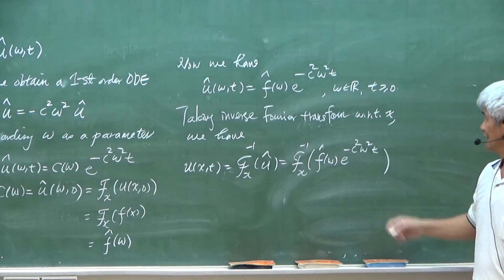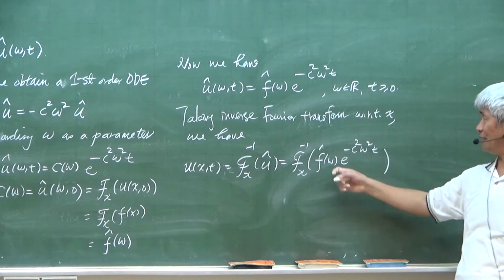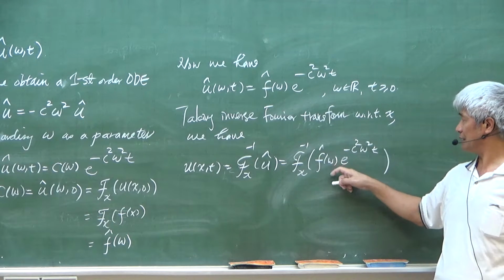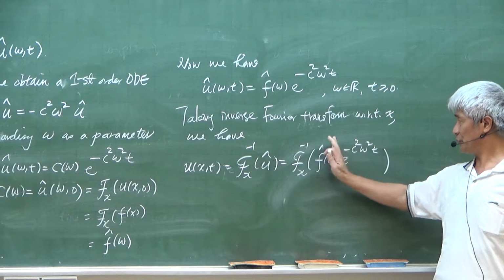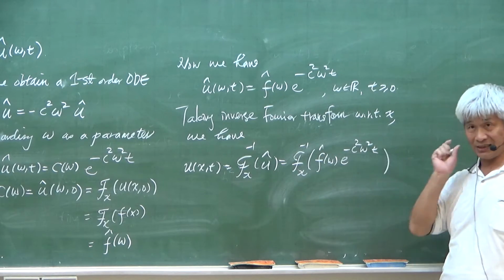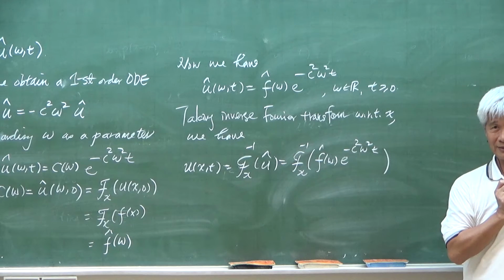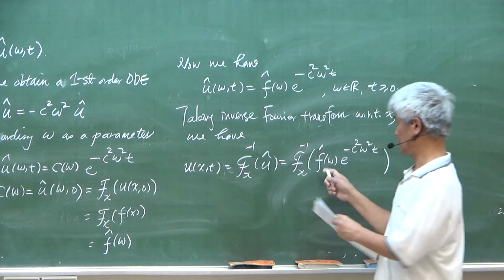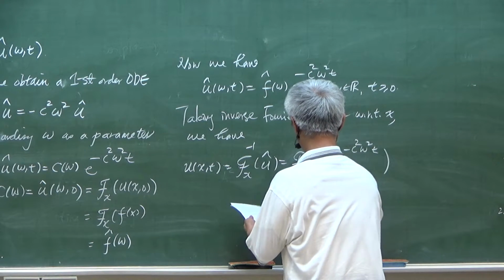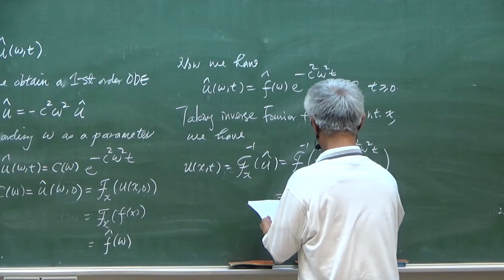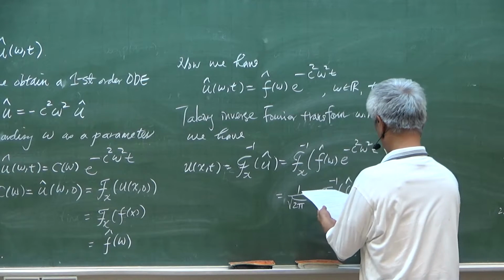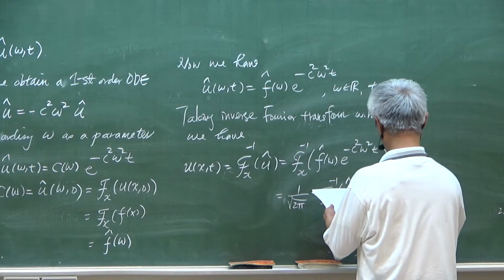Now, by the convolution theorem, because you have two omega functions, you may regard this as the Fourier transform of some function, and this as another Fourier transform of another function with parameter t. So t is a parameter. Remember that? t is fixed as a parameter. So by the convolution theorem, this is equal to 1 over square root of 2 pi. Remember the convolution theorem? The inverse Fourier transform of f hat, convolution with